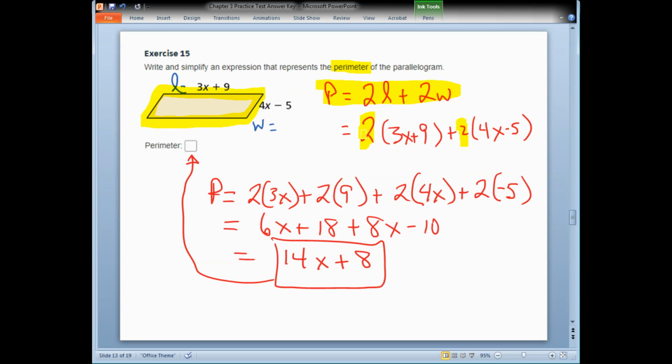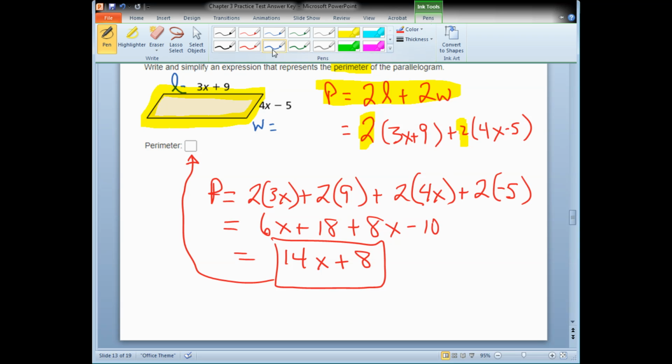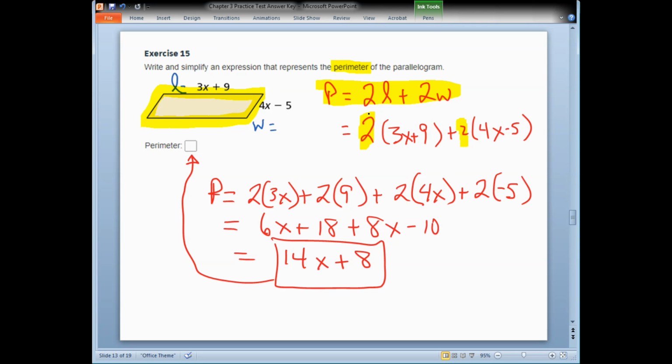So now there's a 2 to the left of each one of these linear expressions. So I need to use the ever popular distributive property. I'm going to distribute +2 there. I'm going to distribute +2 here. Right? And so you can see the work that I did. And then I end up with this